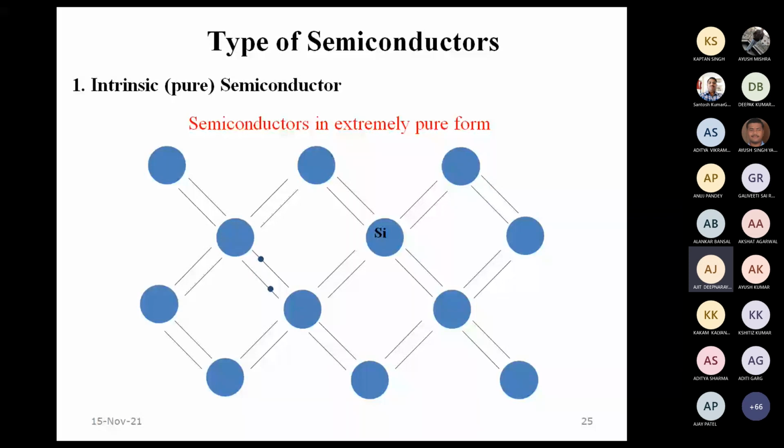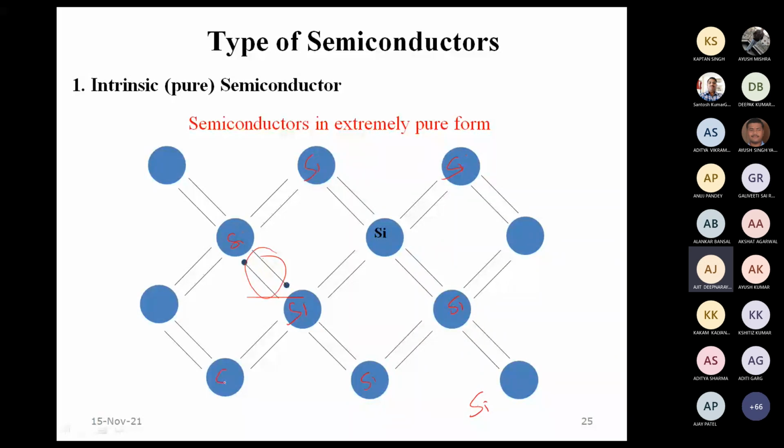What is a hole actually? Please listen carefully and see this animation carefully. Right now we can see electrons which are bound, forming the covalent bond between two silicon atoms. This is the silicon crystal, shown in 2D here. Each of these circles which we see here is nothing but a silicon atom.